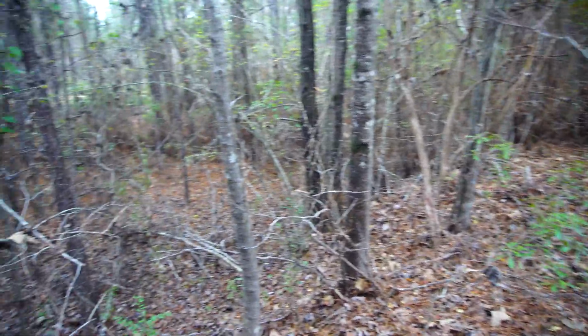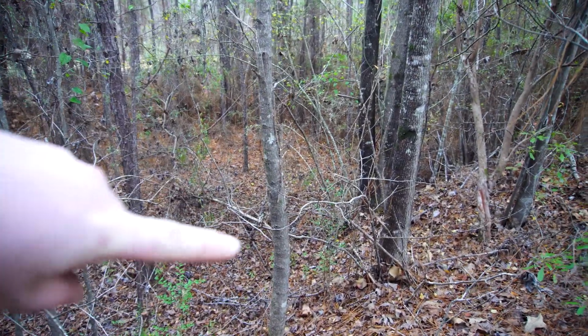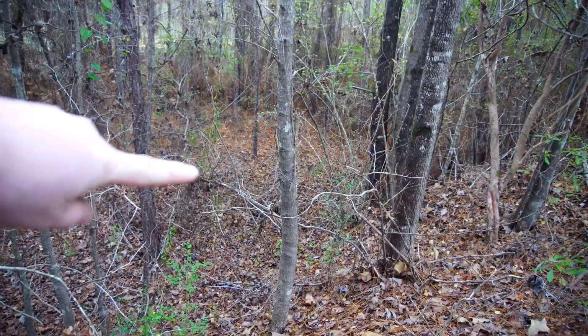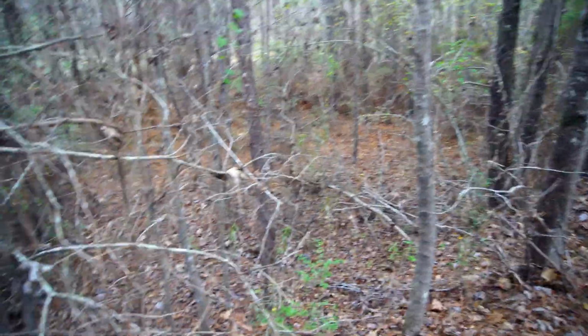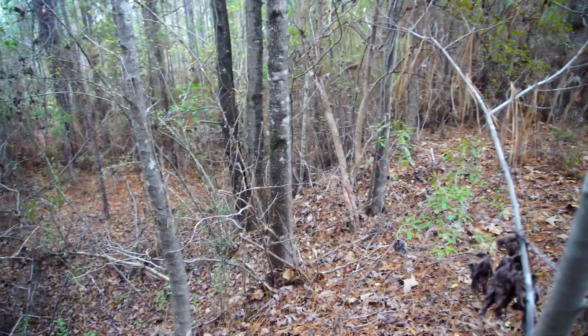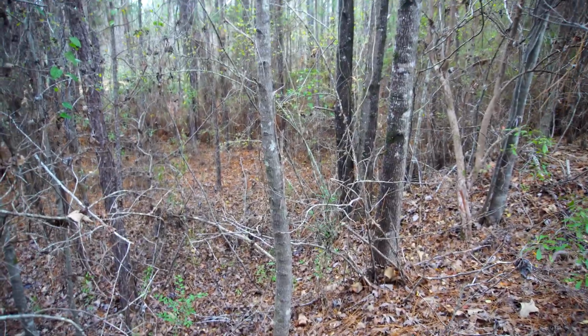But anyway, what y'all are looking at right here, you can see there's like a drop right there, and it goes down, and then it comes back up. Y'all can hear my machines, my loaders are working over there. So I mean, we're just right on the other side of this. But what this is, is an old railroad tram. What research I've done,